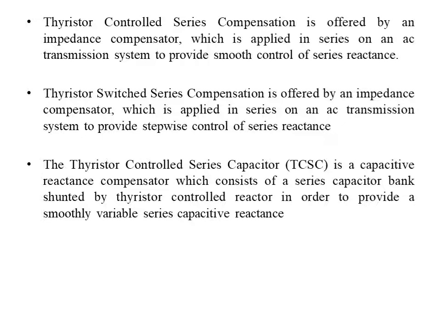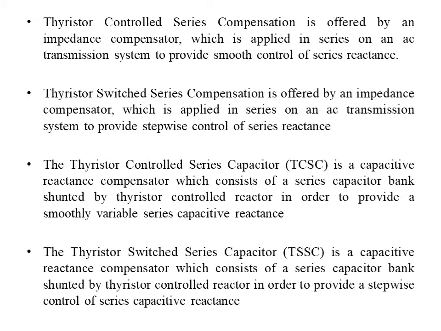So these are different methods, that is by controlling the reactance we can control the series compensator. So we have inductance present in the system. If we control the inductance, we can control the series controller. We have capacitive load, that is nothing but a capacitor bank. By controlling the switching of the capacitor bank, we can control the reactance. And by controlling this reactance, we can control the flow of power.